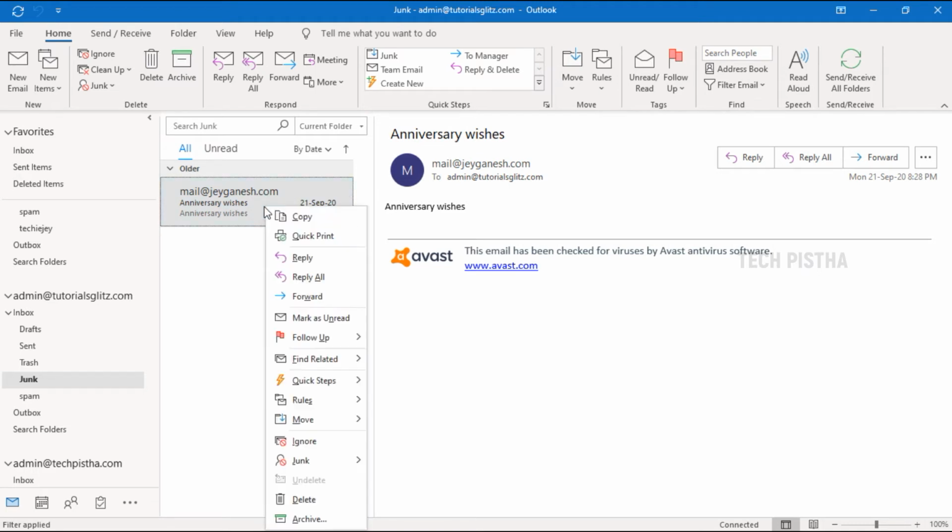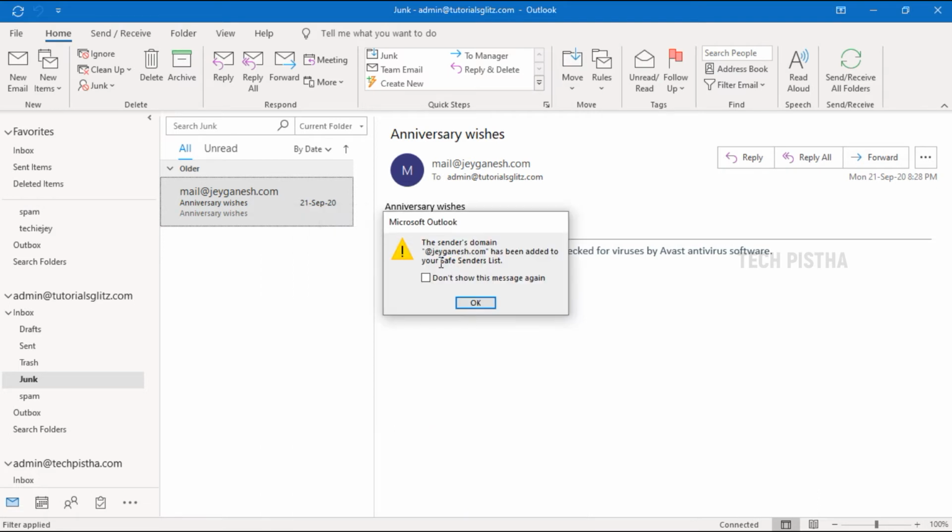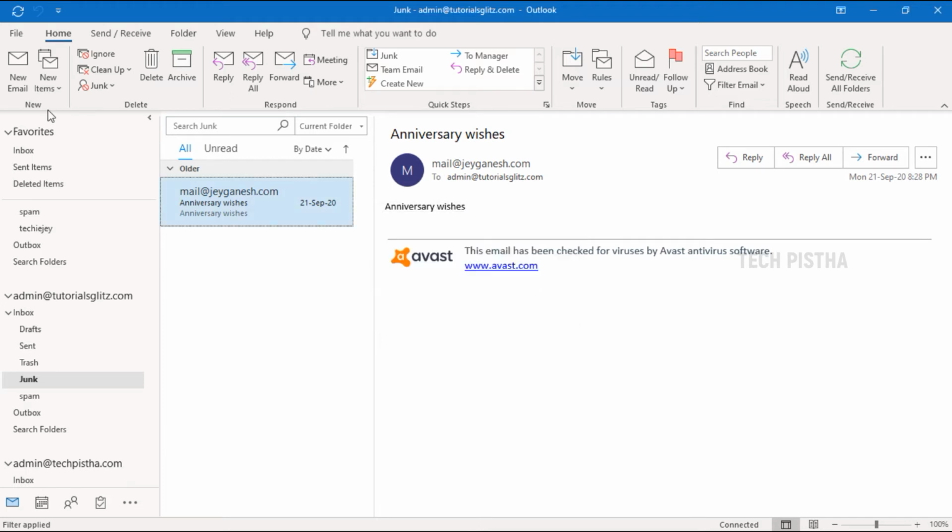So I have to select this and go to junk, then select never block sender's domain. You can see all of these domain emails will be moved to the inbox. This is marked as not junk. Then you have to go to